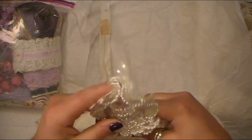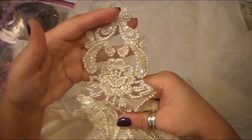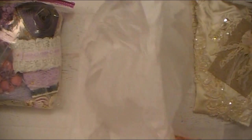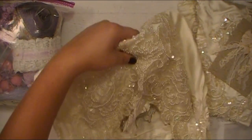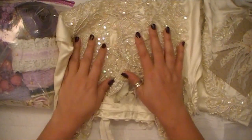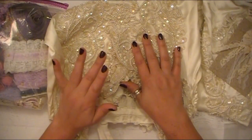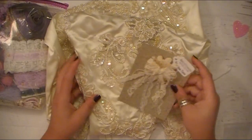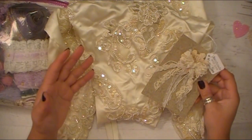I mean, look at the size of this applique. Just this one right here. Look at that. And there's easily 20 plus on this one, not counting the sleeves. So this is just a really good way to build up your inventory, or your crafting stash, if you don't have access to wedding dresses, because I know these kinds of things are really hard to come across now, or else the prices are really inflated from secondhand shops, Goodwill,